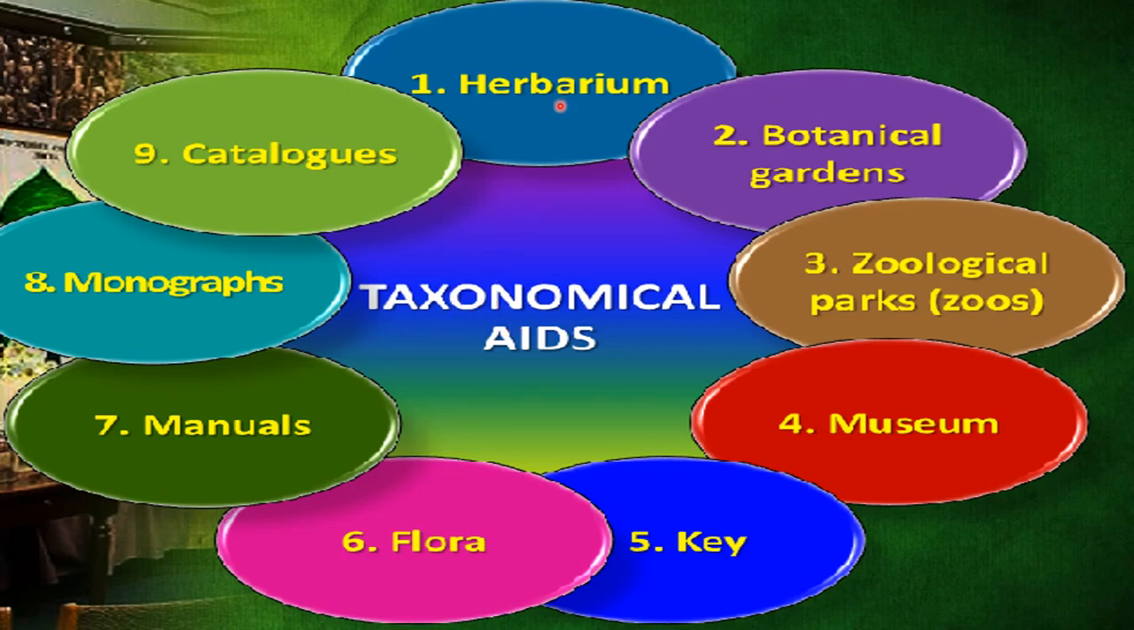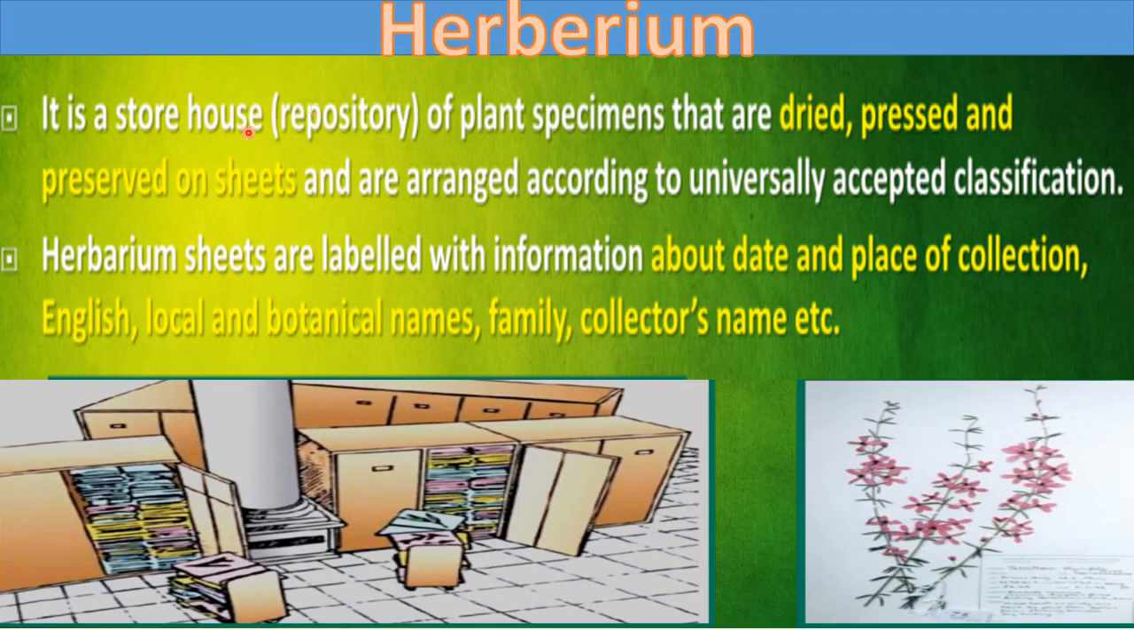Let's start with the herbarium first. What is herbarium? Herbarium is a storehouse, or you can say a repository, of plant specimens that are dried. Here we take a plant specimen, either a twig of the plant, which is dried, then pressed in between the pages of a book, and preserved on sheets. It is attached to the sheets and arranged accordingly